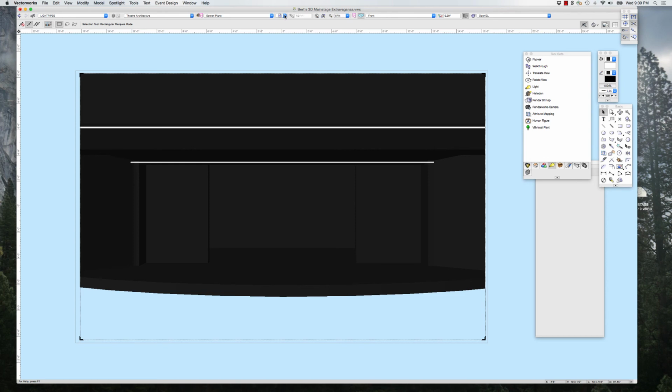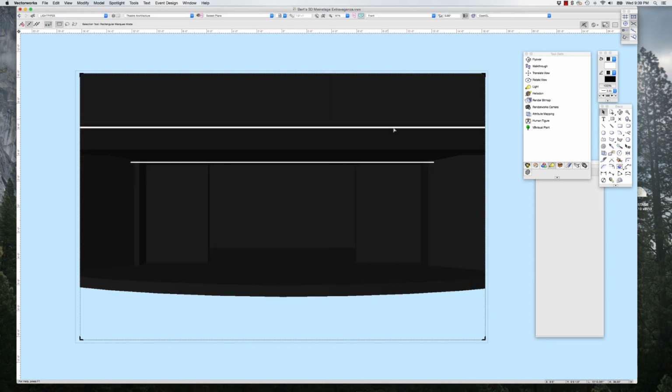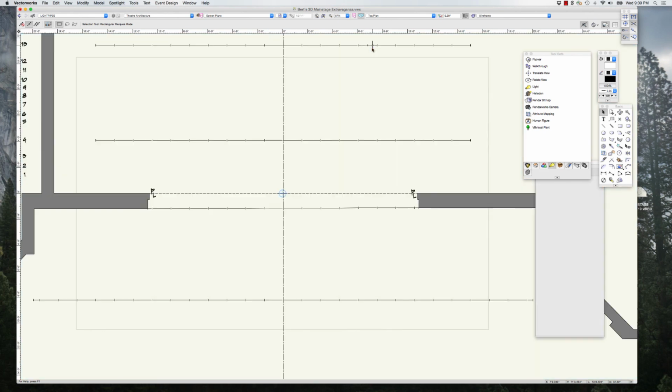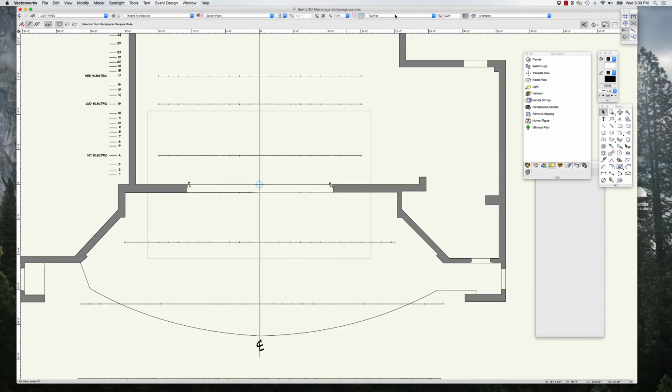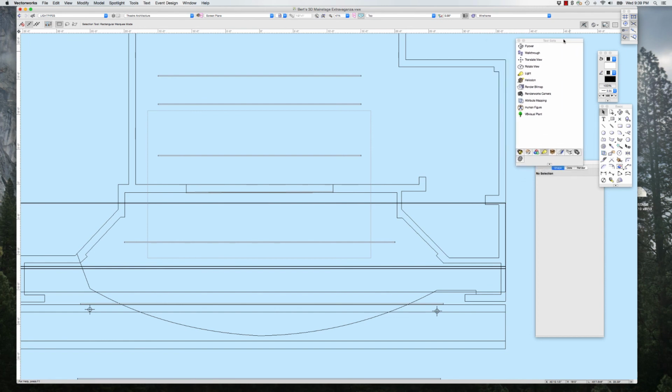I'm going to go ahead and save this view. Save view as front perspective. Let's capitalize our P. And then I'm going to go to top view. I'm going to hit 0. And actually what I really want is top, top, not top plan, and I want to be in the lighting layer